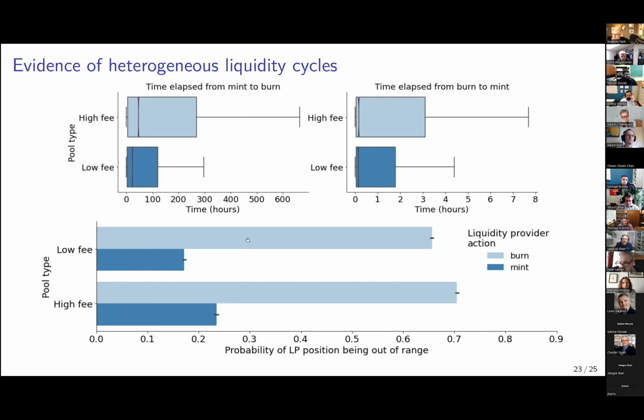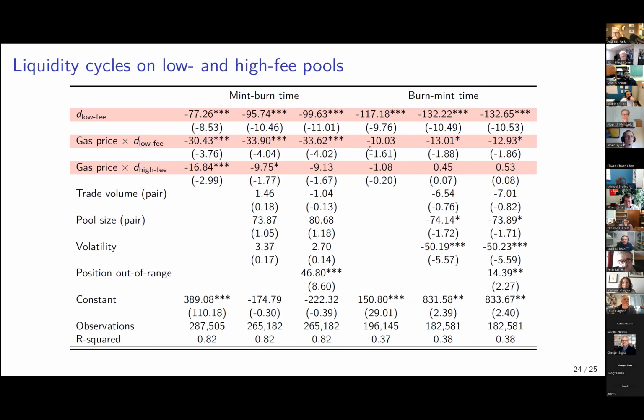So what happens here is that people deposit liquidity, they wait until their liquidity is depleted or it moves out of range. That means that they basically end up with one token rather than making a two-sided market. And the probability that they are out of range when they rebalance is 70-80%. So that's what they're really doing. They're minting, they're waiting for the liquidity to be depleted, and then they're rebalancing, and when they're rebalancing, it's rather fast. It does seem to be a substantial difference in liquidity cycles.